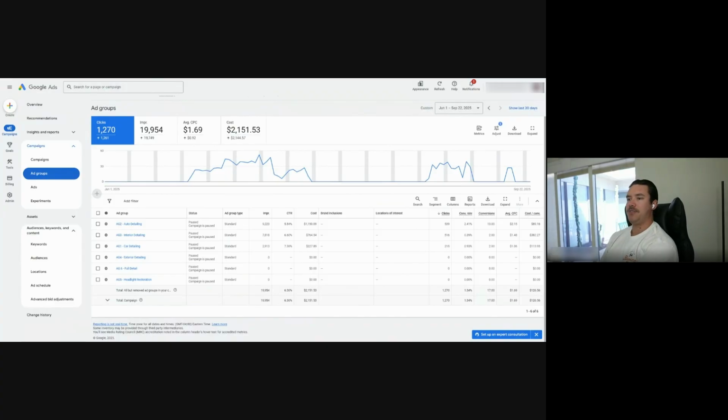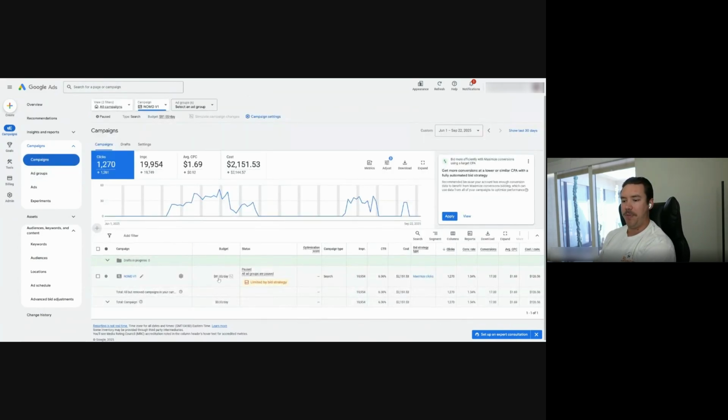So when it comes to trimming fat, the biggest thing to realize, and what I mentioned to keep in mind, is that you have one keyword taking all the spend, and let's say 2.5 out of your 6 ad groups taking all the spend. Because the budget for Google Ads is always at a campaign level, right?